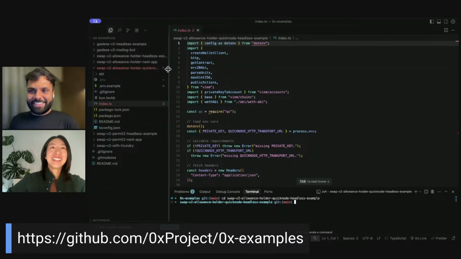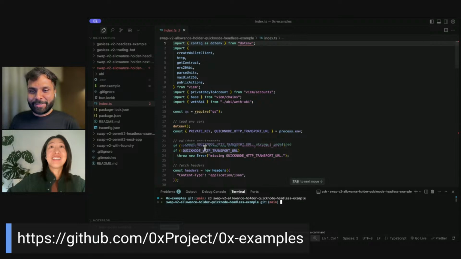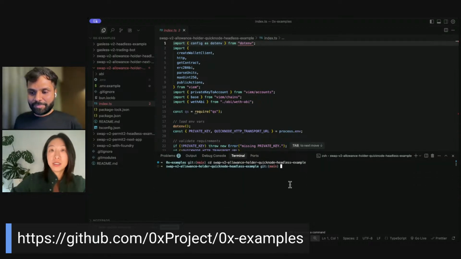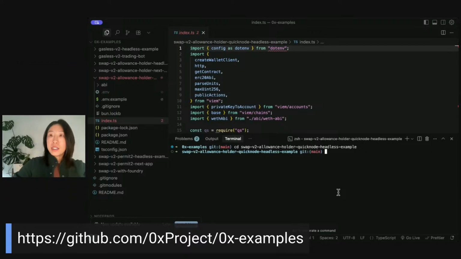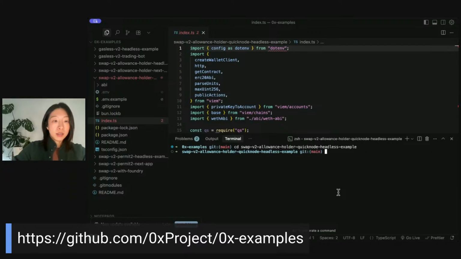Okay, so I've set up the environment file here, and then I'm running the terminal down here. Zoom in a little bit here. So going through the